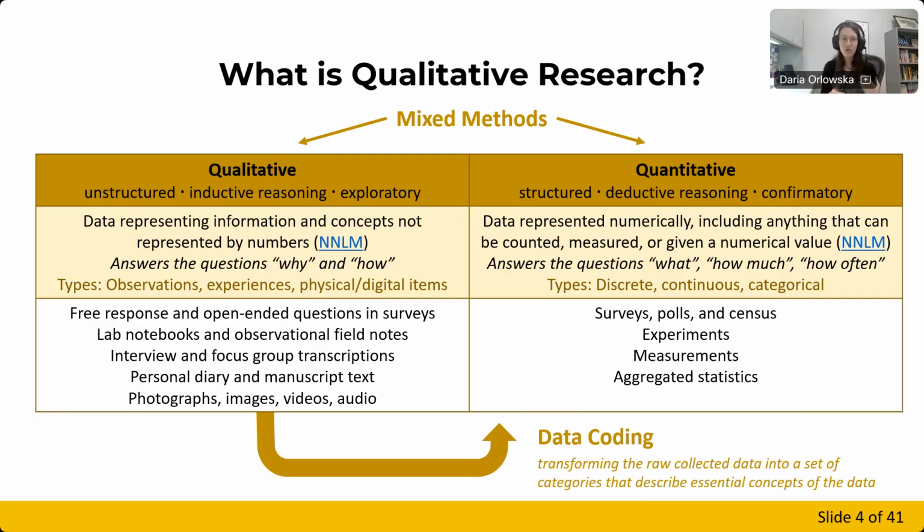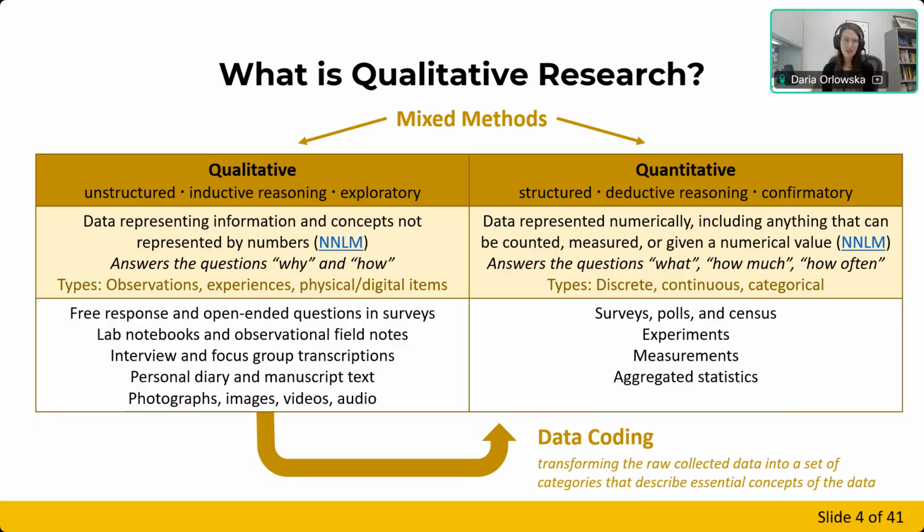So for categorical, for example, you might have a Likert scale that goes from 1 to 6, and it could be like not at all, neutral, or agree very much, and those are categorical. Or you could have categories of people. So you could ask who is responding to the survey, and you'll have something like students, faculty, staff. Those are all categorical as well.